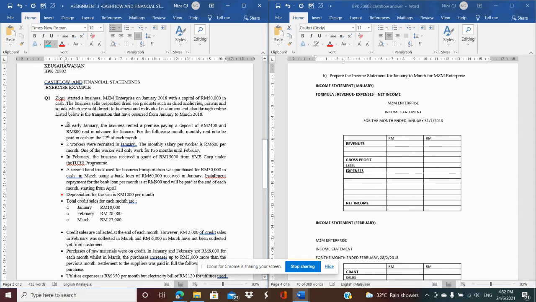Okay, so look at the first transaction. It says that the business rented a venue, and it has paid a deposit of 2,400 and rent in advance for January. So what will be the expenses? A deposit was paid. So the deposit is actually